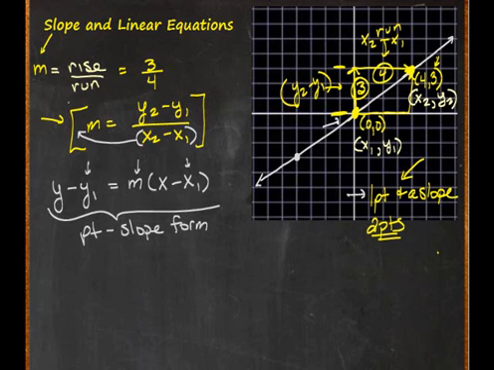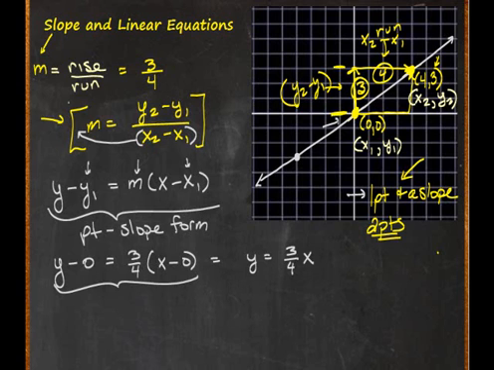We're going to use the point 0, 0 because, boy, zeros are really easy to plug in. So we're going to say y minus our y1, which is 0, equals our m, which is 3 over 4, times x minus our x1. This gives us y equals 3 over 4x. So by simplifying our point-slope equation, we ended up with y equals 3 over 4x, an equation solved for